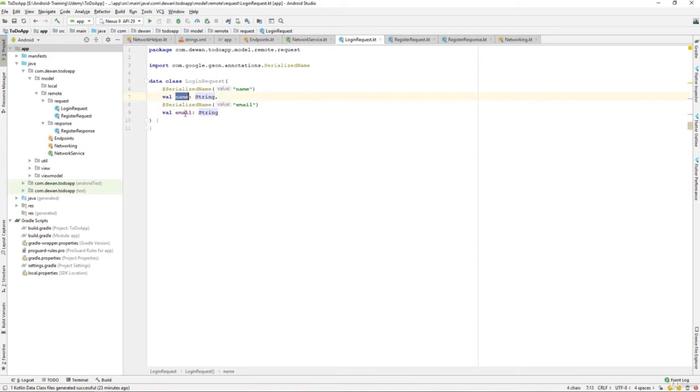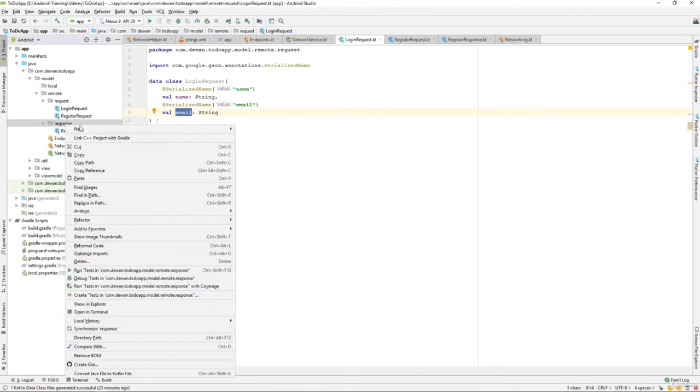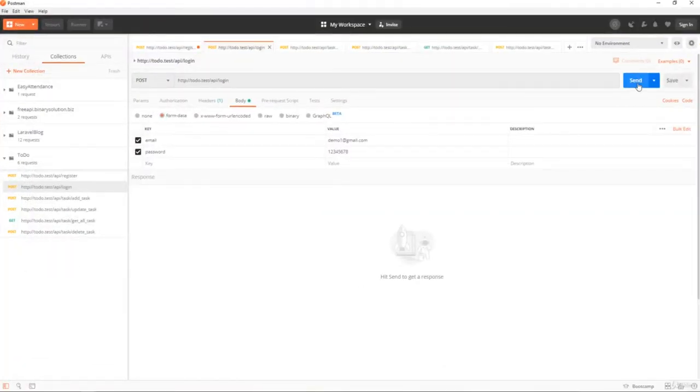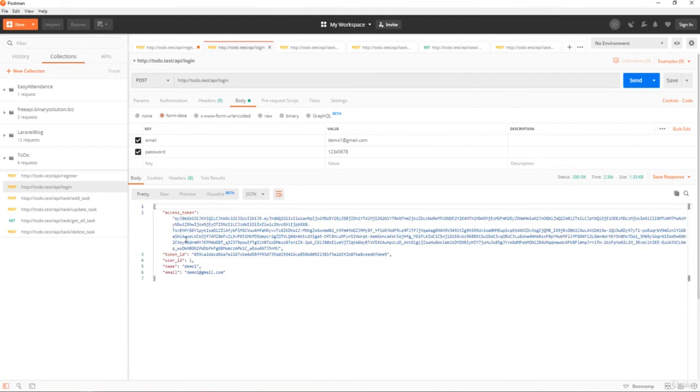So this is the email and password that we are passing as a login request, and we have to create the same kind of data class for the response. Let's go back over here and log in and see what's the response that we are getting from our server. So this is the response that we are getting from the server. So what we will do is we will just copy this response,